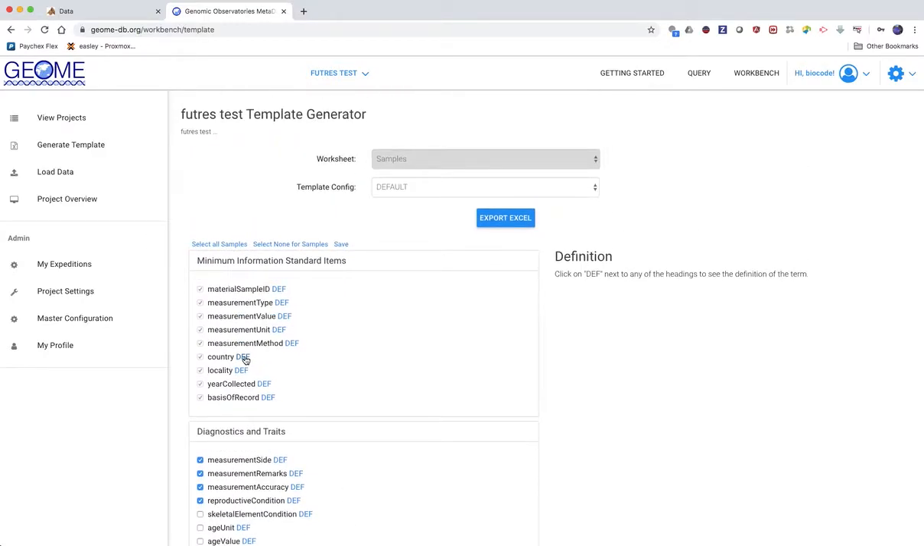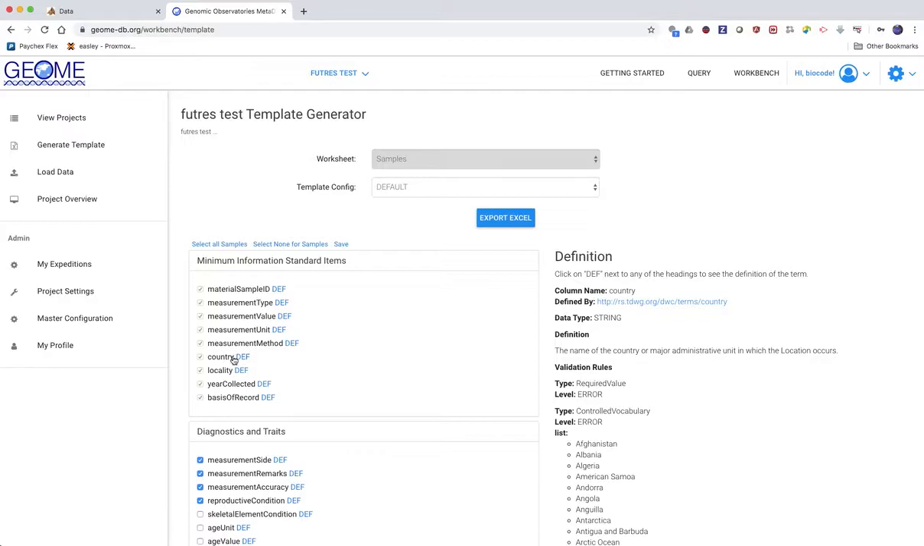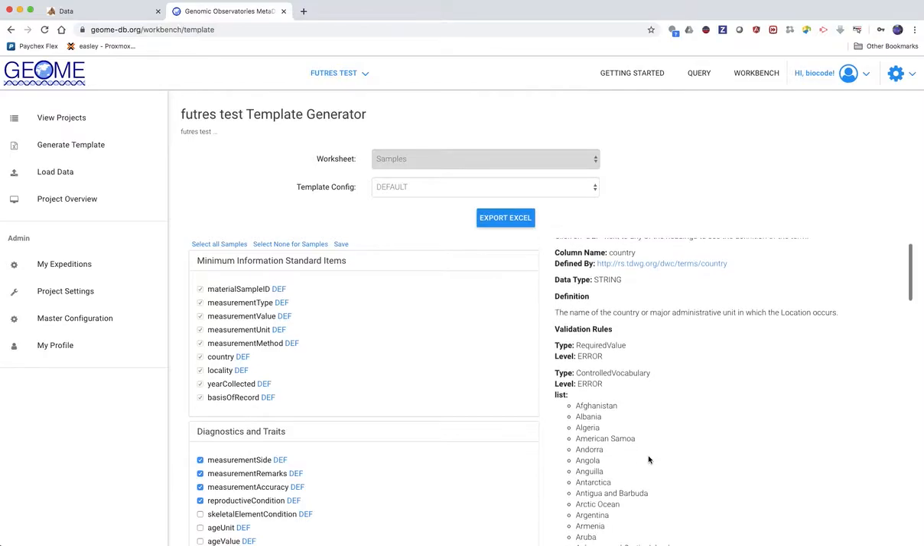If you want more information, you can click on the link here, and I'm going to click the link next to country, and it tells you here's the column name country. It's defined by this Darwin Core term. That's our notion of what we're talking about country. There's a definition that you can read, and then there's some validation rules. So for every term, there's rules that need to be followed. And in this case, for country, it's telling you